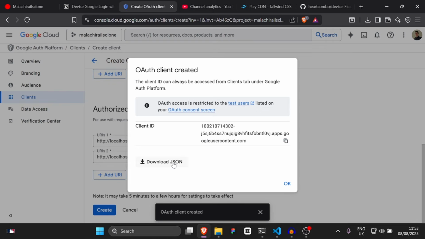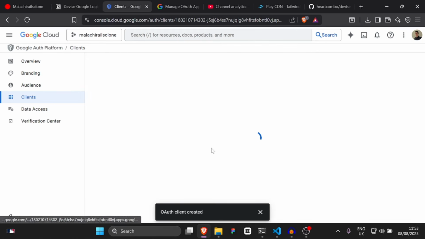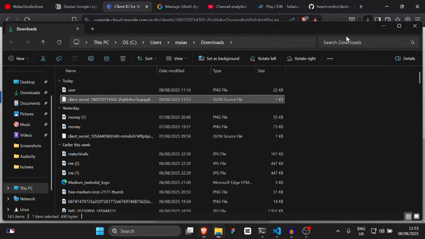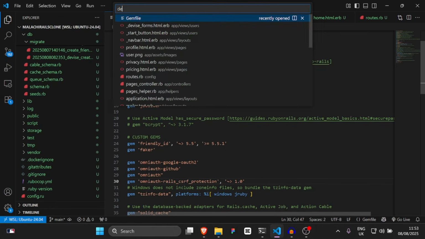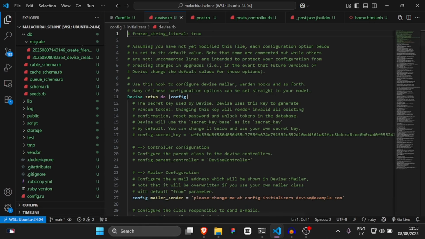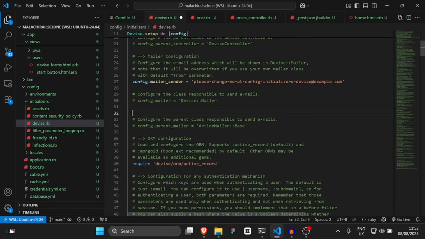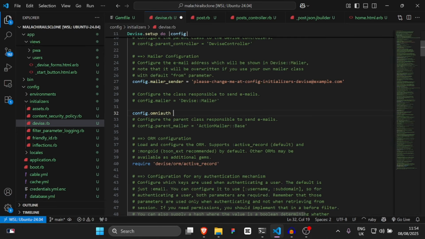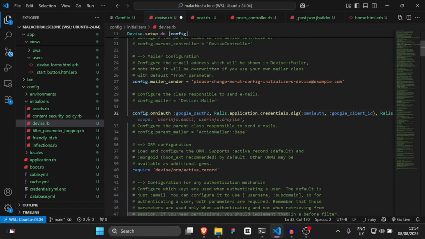So now that we've got this, we're going to download the JSON. Go into your OAuth client, and we need to find the JSON. So download the JSON. And then what we're going to do is go to devise.rb. So go to devise.rb. And then inside of here, we're basically just going to say config.omniauth, and then we're going to say google_oauth2. And then exactly, we're going to say